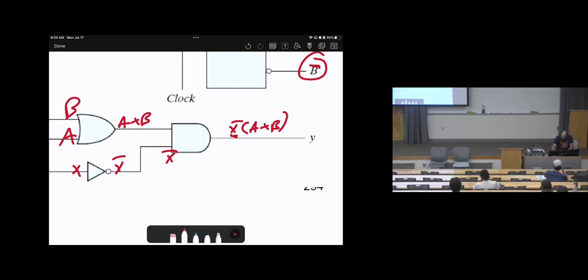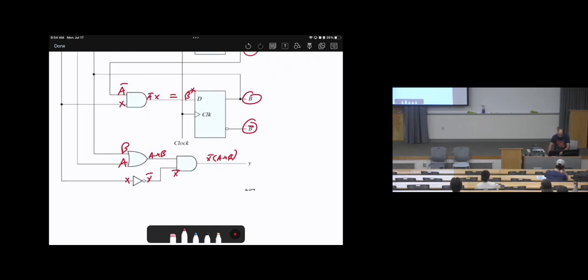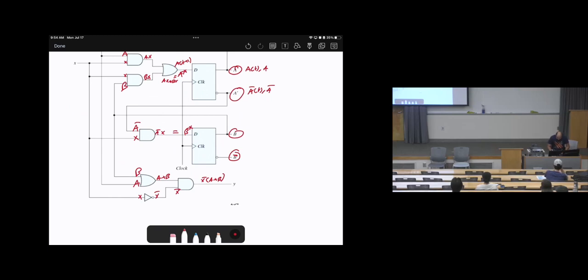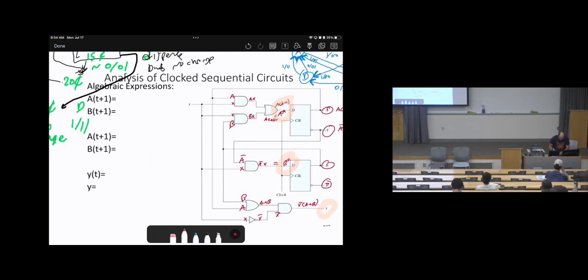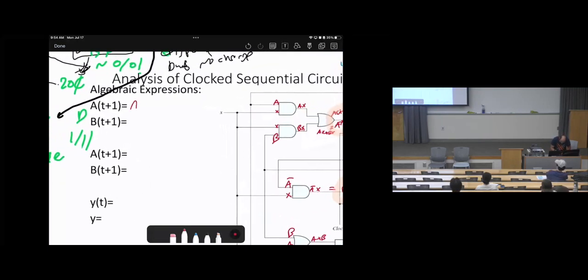Now, let's write the equation down. Our target is to look at the outputs and look at B star, A star. That's what we need to find. Every time you analyze sequential circuits, you need to make sure what's the next update of each state, which is A star, B star, and what's the output, Y. That's our concern. So I'm going to write them down here. A of t plus 1, sometimes denoted by A star, which will be AX plus BX. B of t plus 1,